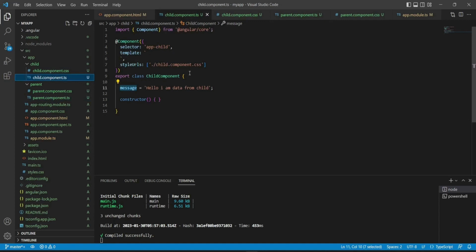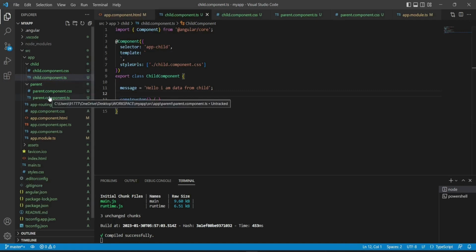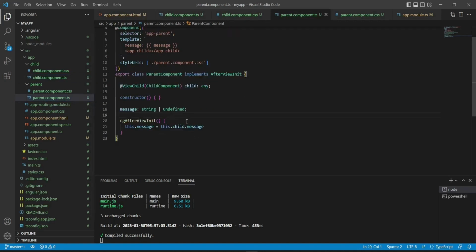So you don't need to do any special modification in your child component. If you see here, I don't have any specific or additional things written. For the data passing, it's a plain component, and all logic is for its view purpose. So I don't have any additional things for data passing here in the child component. So what I did was use the